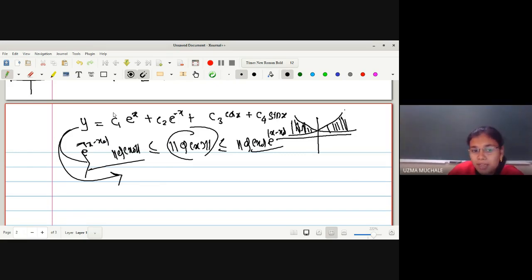That means what do you mean by infinitely many equations we are possibly having for any differential equation? The differential equation has this solution, and just now you told that for different values of C1, C2, we can have infinitely many equations, right? So a single differential equation can have infinitely many solutions. Whenever you have a question like this, you should say that a differential equation has infinitely many solutions for different values of C1 and C2, or rather constants. If it is fourth order, then it will have four constants. Correct.